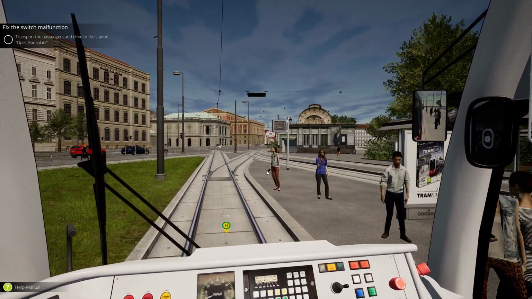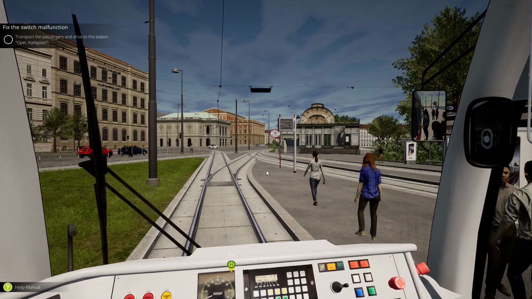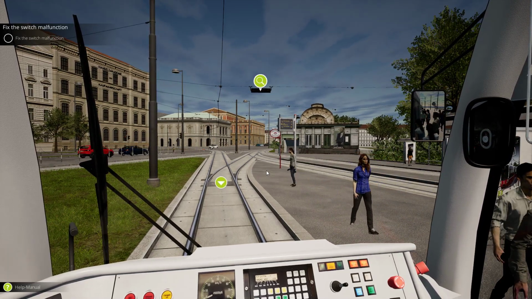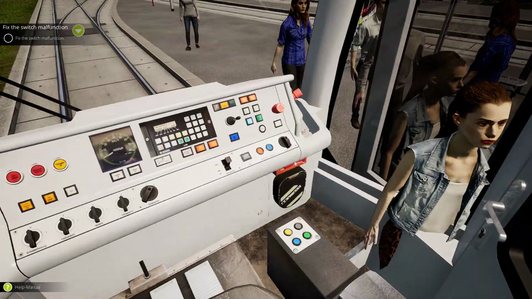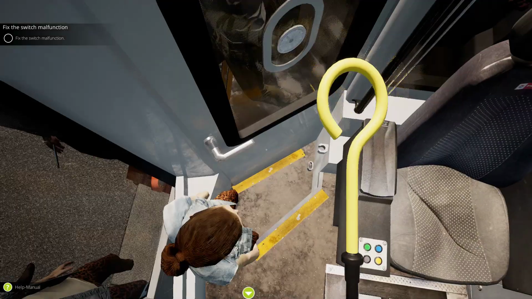Why is it telling us to stop at... Oh, is that where I'm meant to stop? Yeah, it's telling us to stop. There we go. Yeah, I'm not sure it was telling us to stop there, because that's actually past the yellow line, so that didn't give us the perfect